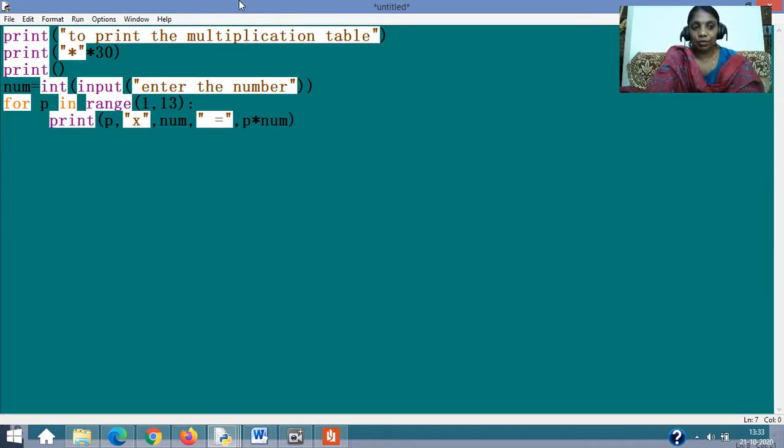Let's examine and see without running, just imagine yourself. First value will be 1 in P. Okay, so let's imagine the num is 3. So it will be P is 1. 1 into 3 equals, 1 3s are 3. So 3 will be printed. Next time again, the second value generated inside our P will be 2. So num is 3. So it is 2 into 3 equals, 2 3s are 6. So that way it should be printed.